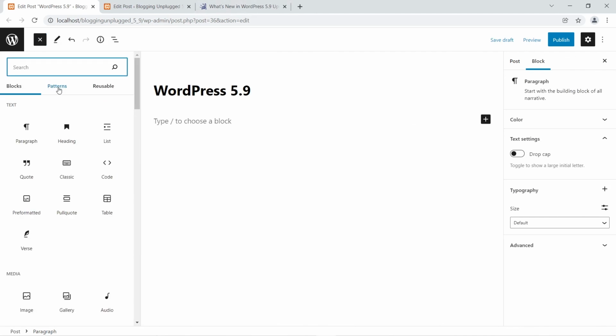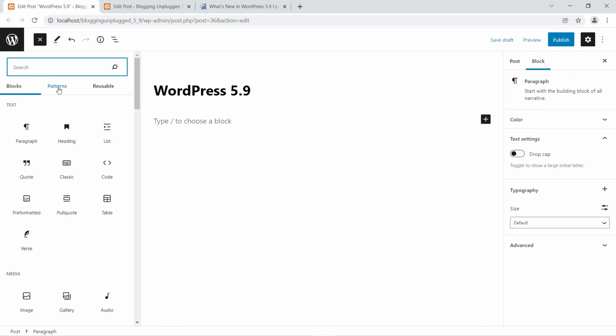Now generally the patterns included are from the theme that you are using. So if you're using the 2021 theme, then the patterns will show you all of the 2021 patterns that are included with the theme. Now this has changed in WordPress 5.9 as WordPress has released a new patterns directory. Now I will leave the link to the patterns directory in the description box below, so you can check it out for yourself. And in WordPress 5.9, that pattern directory has been connected to the pattern section in the block